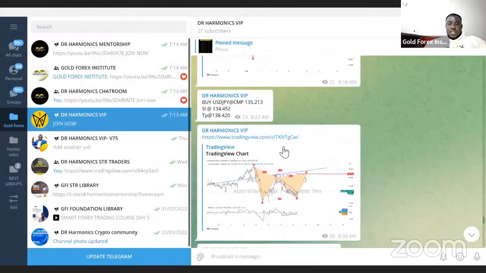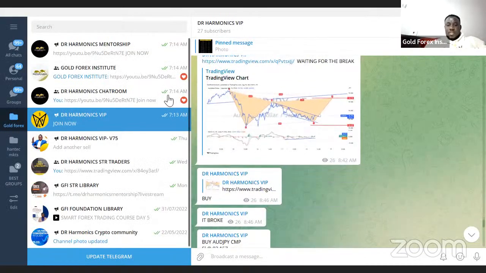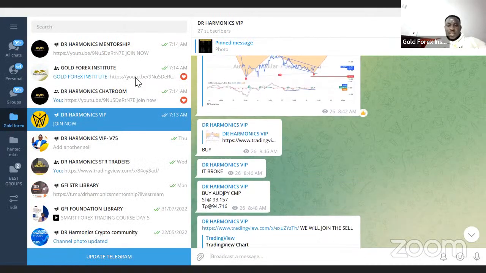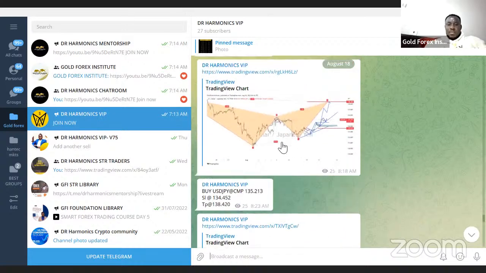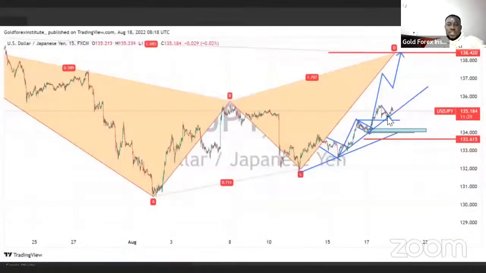Now this was the signal. The signal was, I think this was the signal. Okay. Now this was UJ. So we took the trade. I think it was around here. A day before, I think we picked the buy trade around here. But during the signal group, I picked it over here and I said it was going to go all the way here.